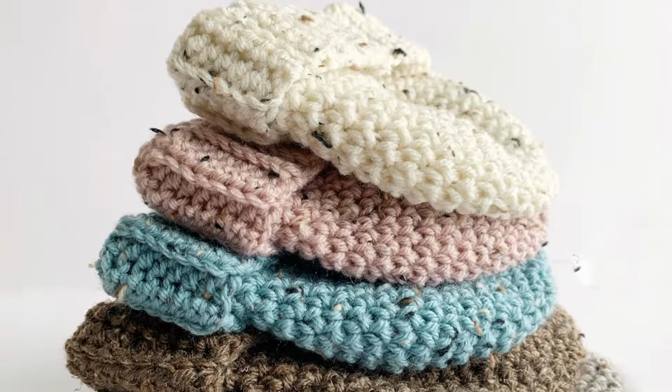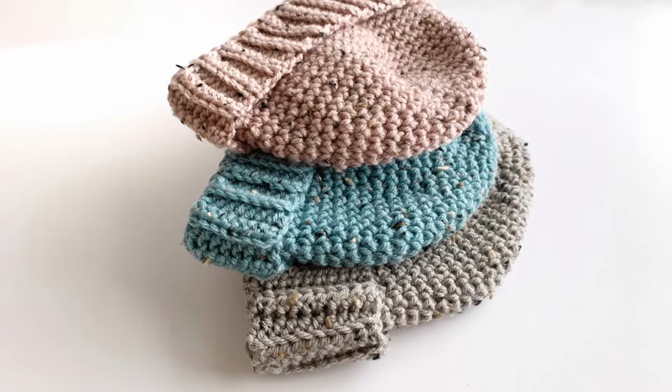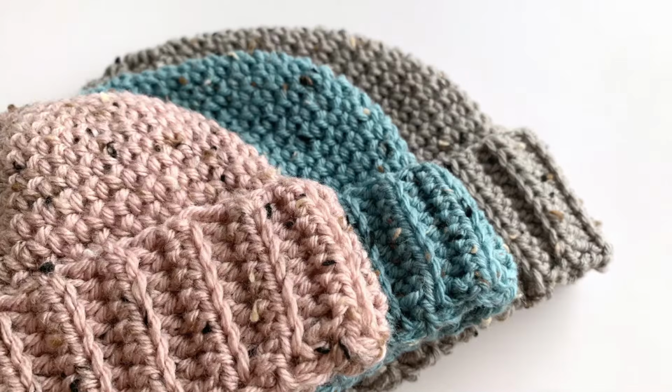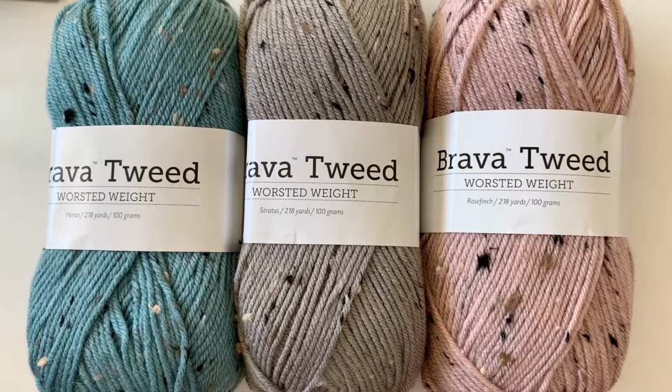So this hat is constructed working top down. We'll make the base of the hat, and then what we're going to be doing is adding the ribbed band as we go. For this project today, I am using Brava Tweed worsted weight yarn that was supplied to me by We Crochet,